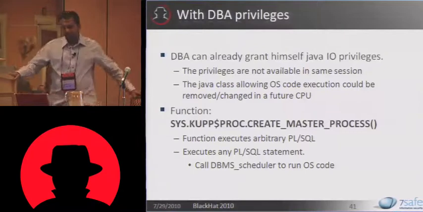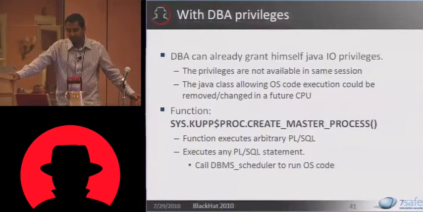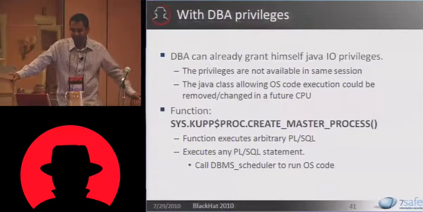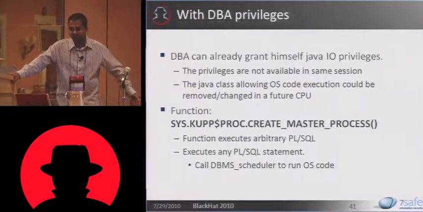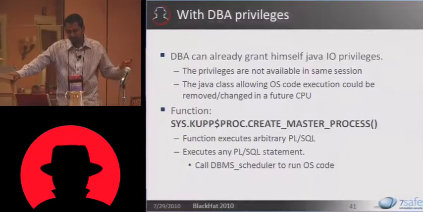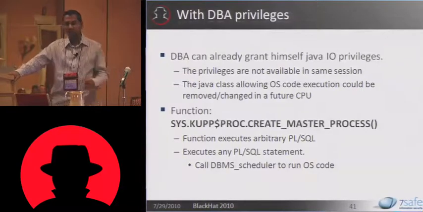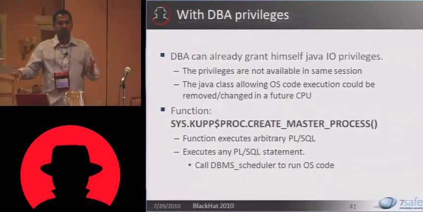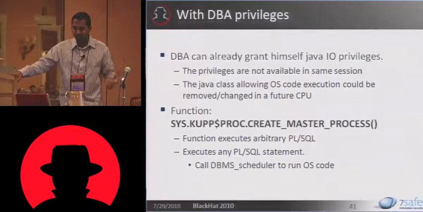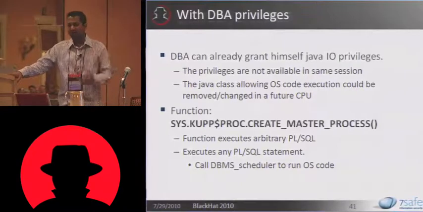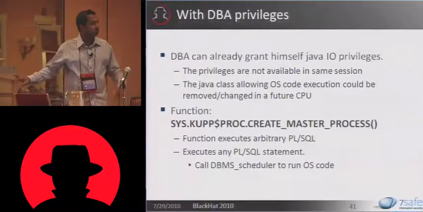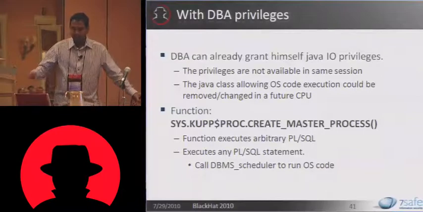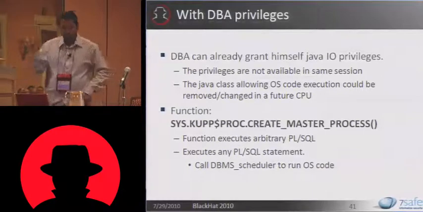So if you had DBA privileges, then obviously it's a lot easier, because a DBA is a higher privilege than Java IO permissions at least. So if you have DBA privileges, then we can again execute OS code. The trouble is that if you grant yourself Java IO permissions, then those permissions are not available in the same session. So technically, the application will log you out and log back in, and maybe in the second or third request, you can go back to the Java IO exploit and use the same technique again. But an easier way is available. What you can do is, there is a function in